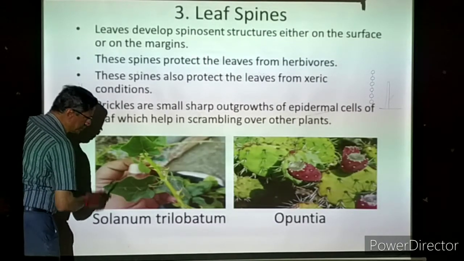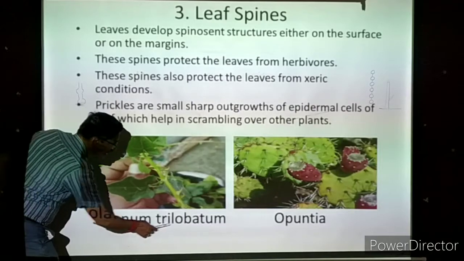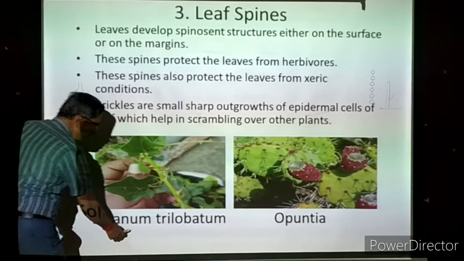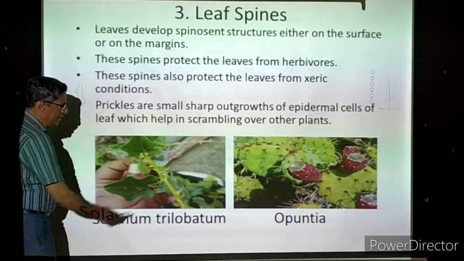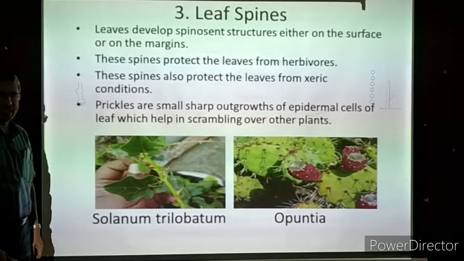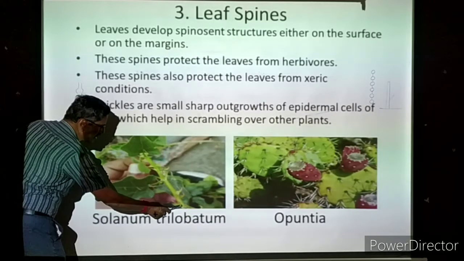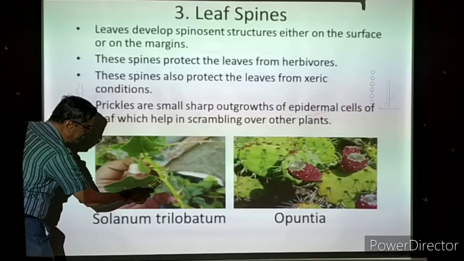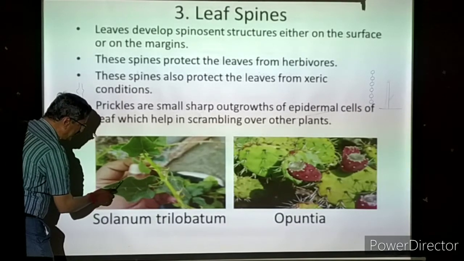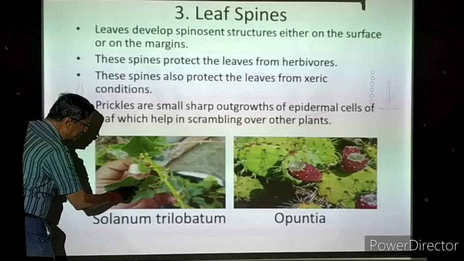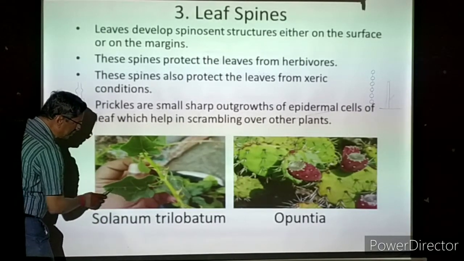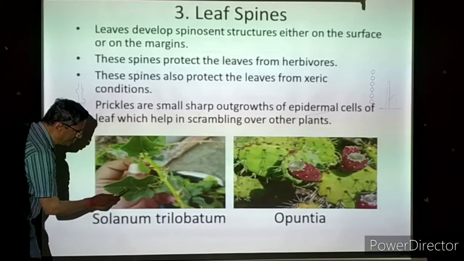Now we are taking this first plant, Solanum trilobatum. This is a medicinal plant, very commonly growing everywhere. In Tamil, the common name is Thuduvalai. In this plant, this is the main stem, leaves are there. Now this is one leaf, I will take only one leaf, petiole. Lamina is divided into some lobes. See the shape of the lamina, having some projections. Midrib is there, veins will be there, that we need not bother about.